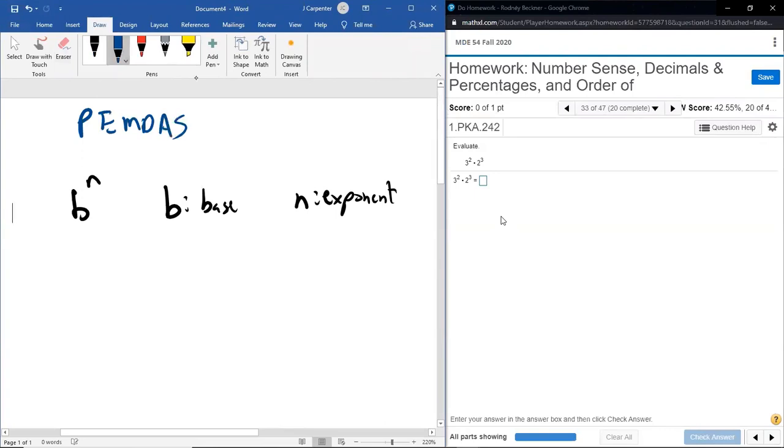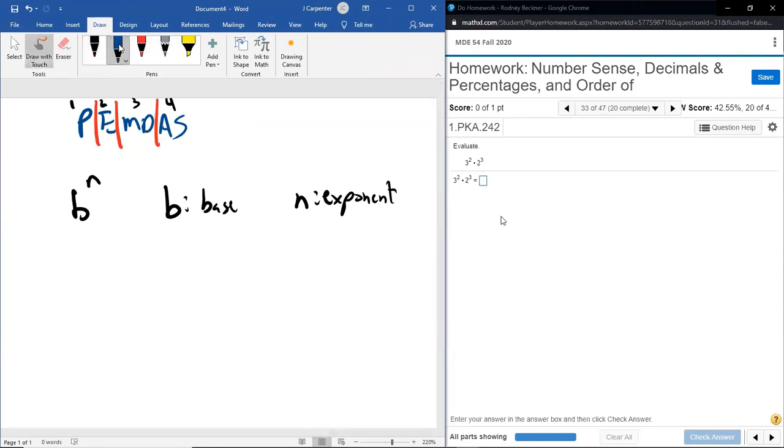And I wrote it in a very specific way last time. We said that parentheses was a step, exponents was a step, then multiplication, division is a step, addition, subtraction is a step. There's only 4 steps to PEMDAS. If you see a division before multiplication, you do them in that order. If you've seen a subtraction before an addition, you do them in that order. It's not do all the multiplications and then do all the divisions. So that's going to play an important role here.